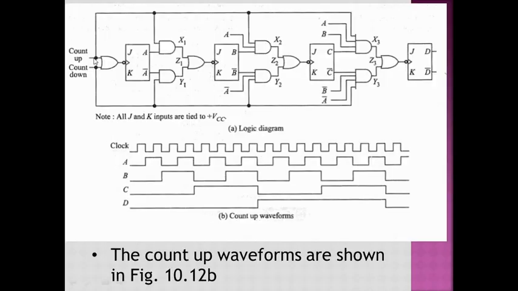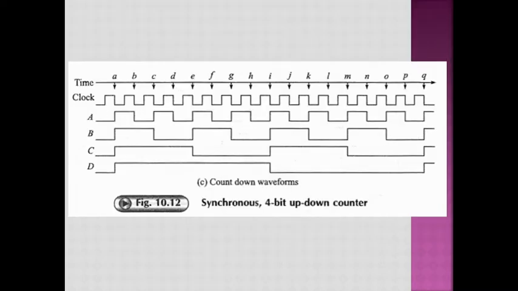So when you want to operate this counter in a countdown mode, what do you have to do? The count up input is connected with the ground, or it should be connected with 0, and the system clock should be applied to the countdown input. Again, I just told you that no other gates are going to be utilized except the OR gate. So the flip-flop A is getting every negative edge of the clock pulse. So the waveform in a countdown, you can see here.